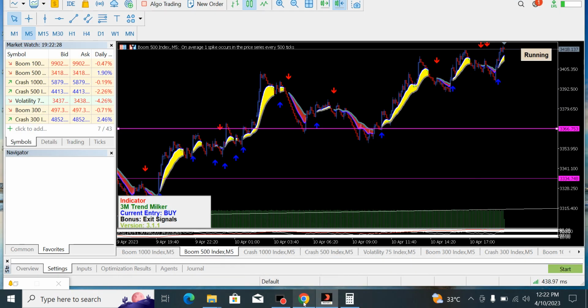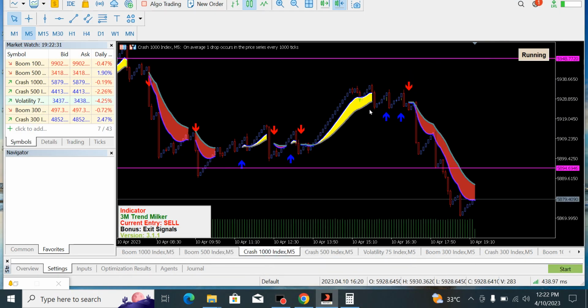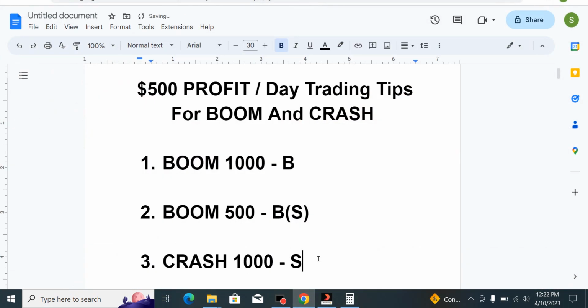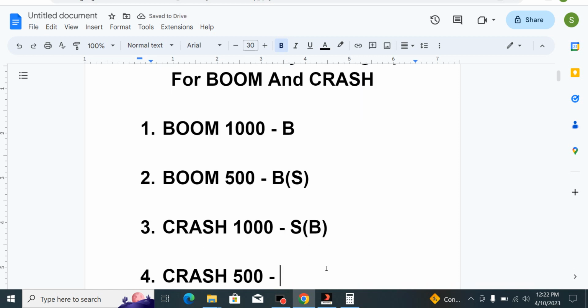The next asset is going to be Crash 1000. Okay guys, this is Crash 1000, and just the way we have seen it, this started the downtrend right from here, played around there for a very long time, pulled back, and finally went down till it got to this support zone. If it's unable to break out from here, then definitely it will be buying more. So this is still selling at the moment until it is unable to break out below the support zone. That is when it will go back into a buy trend. That is very, very important. This won't take long before it will go back into a buy trend, except if it breaks out below this support zone. That is when it will keep on selling.